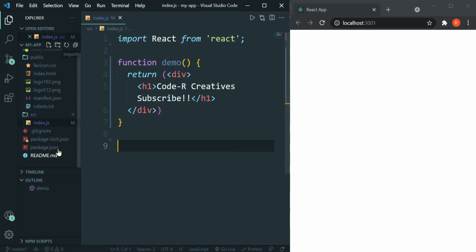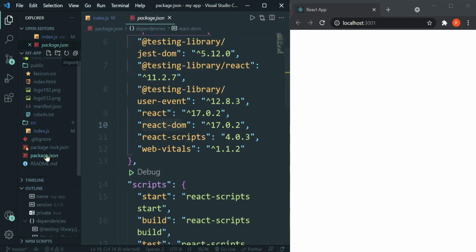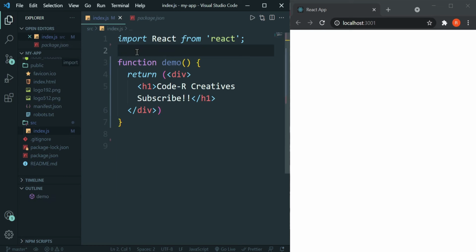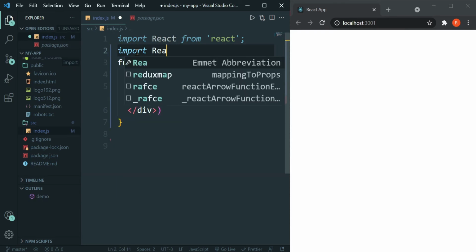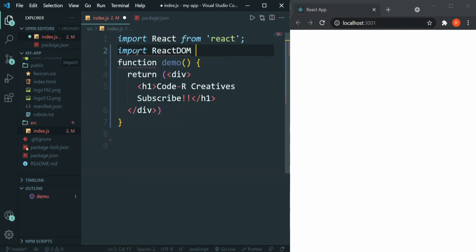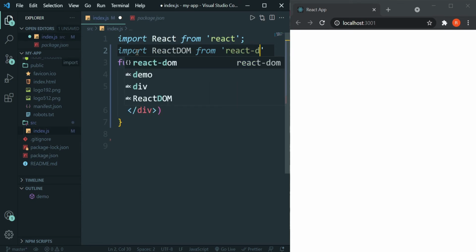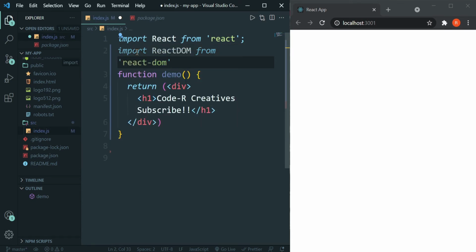When you go to package.json, you can see that we have this dependency over here. So let's import it from React DOM. After importing the dependency, now you can easily call the render function.